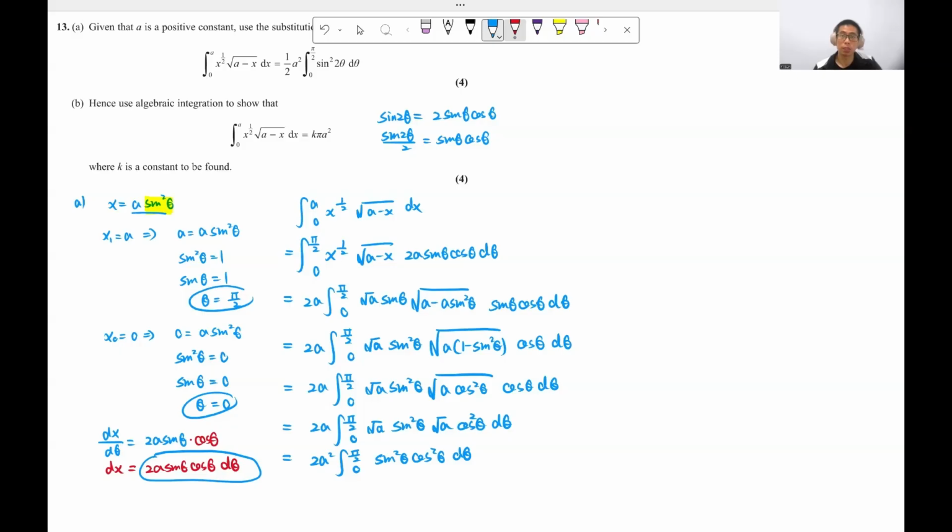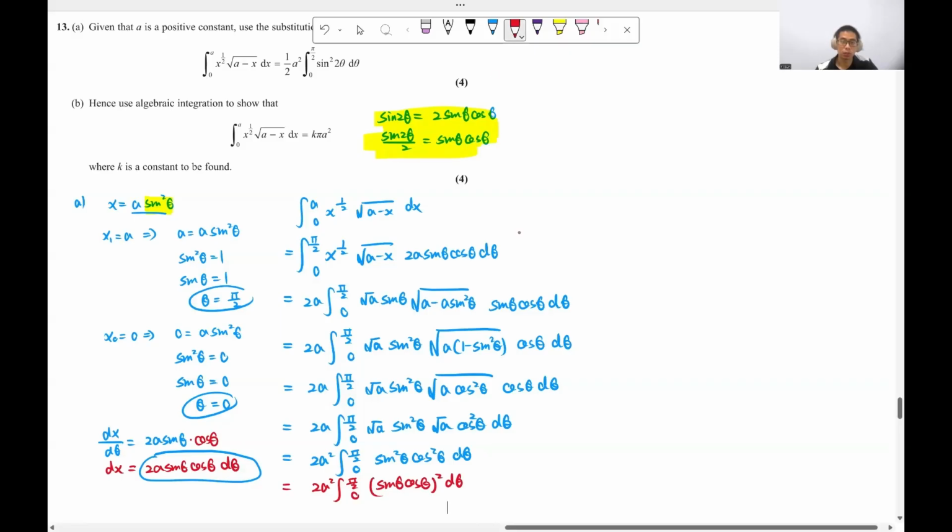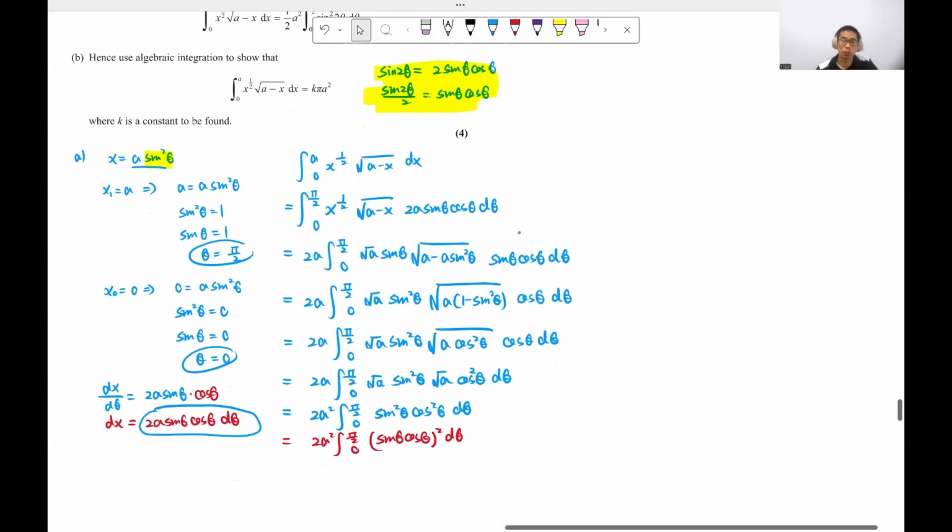So that's what we're going to use to change that into sine square 2 theta. If we apply this, we can change that into 2a square, integral from 0 to pi over 2, of sine theta cos theta all squared d theta. And because sine theta cos theta we already know is sine 2 theta over 2, we can change that